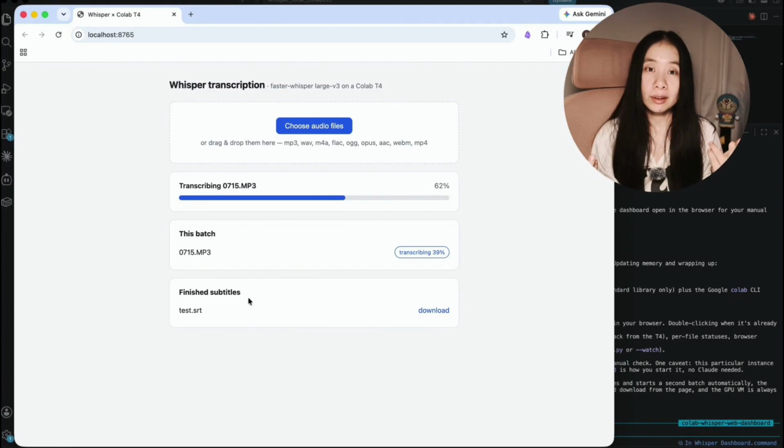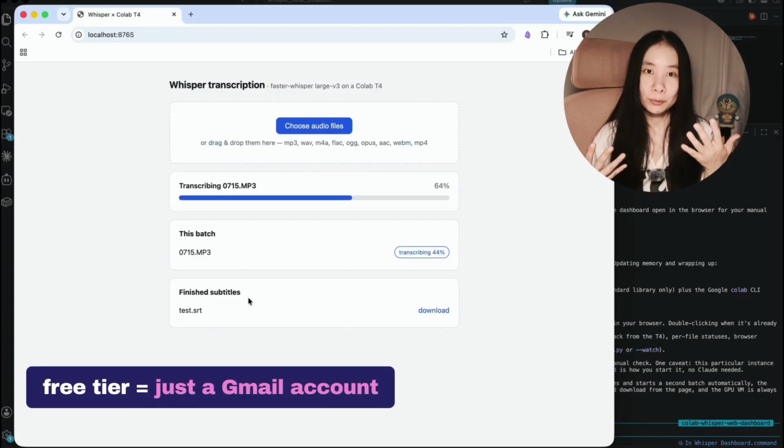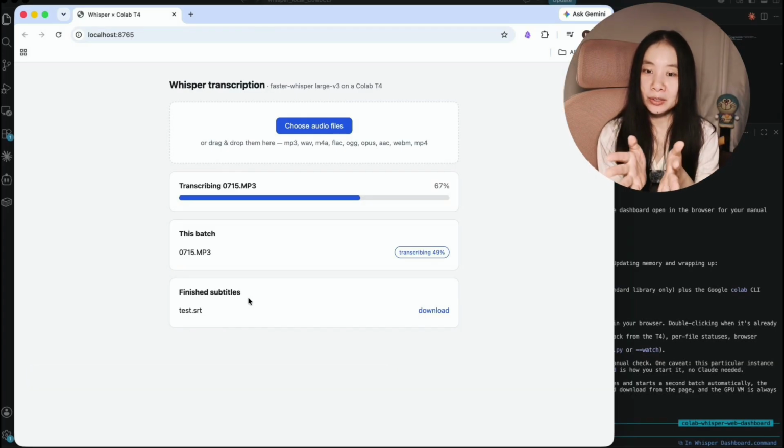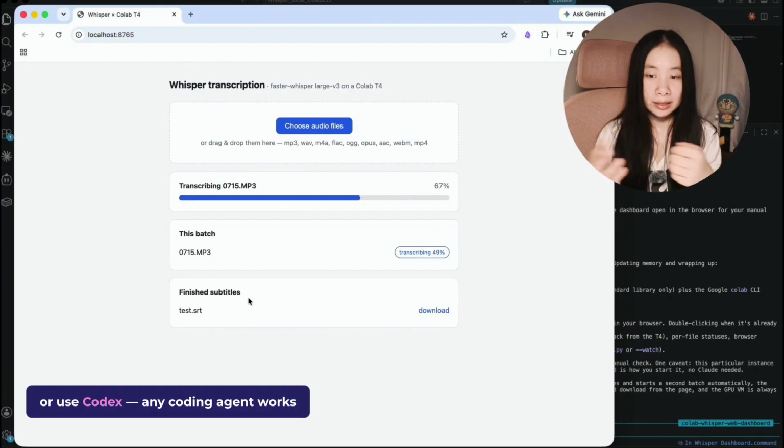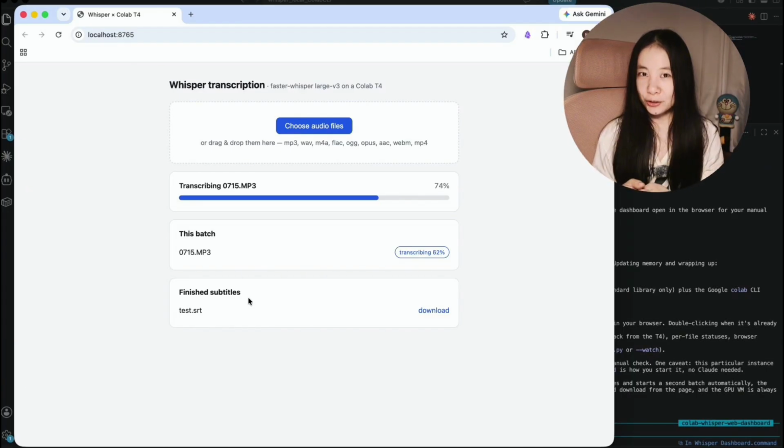And just a quick note here, if you're using a free version of Google Colab, which means pretty much almost all of us, that just means you need to have a Gmail account. Now I'm using Claude Fable 5. You could use Codex to make this nice transcription app for you. I mean, there's no reason that you don't give it a try